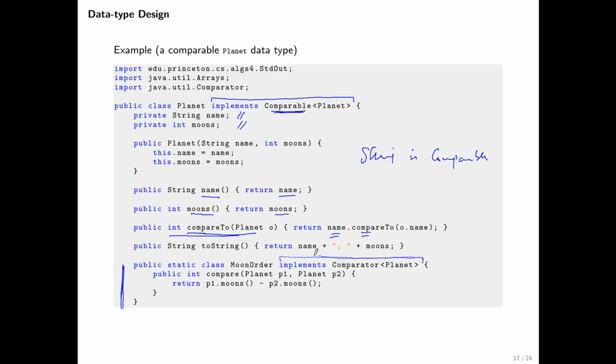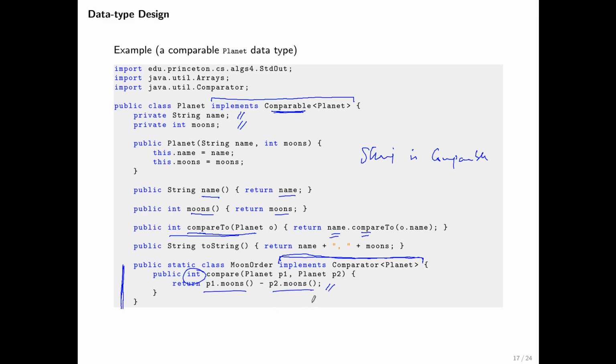All right. And since it implements that interface, it has no choice but to implement the corresponding methods in that interface. And there is just one method, which is compare, that takes two objects, in this case Planet objects p1 and p2, and returns an integer: positive number, negative number, or 0. Okay, and the implementation is extremely elegant. It's just a one-liner. We simply get the number of moons of p1, number of moons of p2, and return